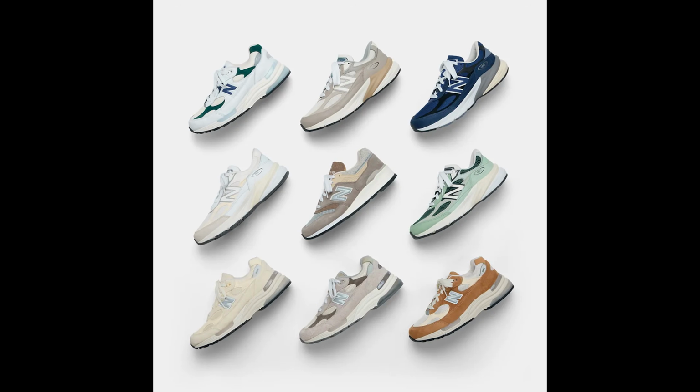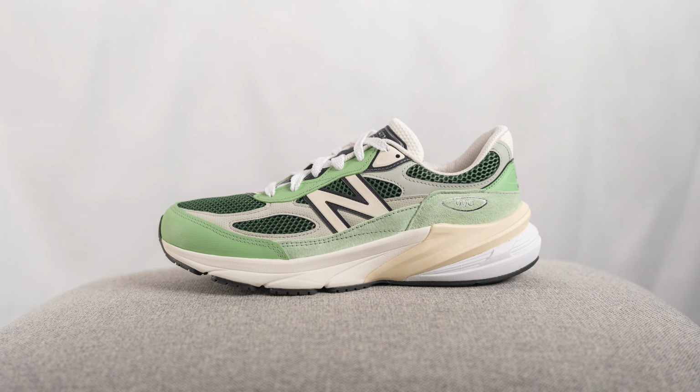What's up everybody, it's Sean here and I am back today to give you guys a review of the New Balance 990 V6 in this avocado and natural mint colorway. This is a brand new colorway of the New Balance 990 V6 that's part of the brand's Spring and Summer 2025 line. As usual, this pair is made in the USA and they retail for $200 US or $285 here in Canada. And the product code for this shoe is